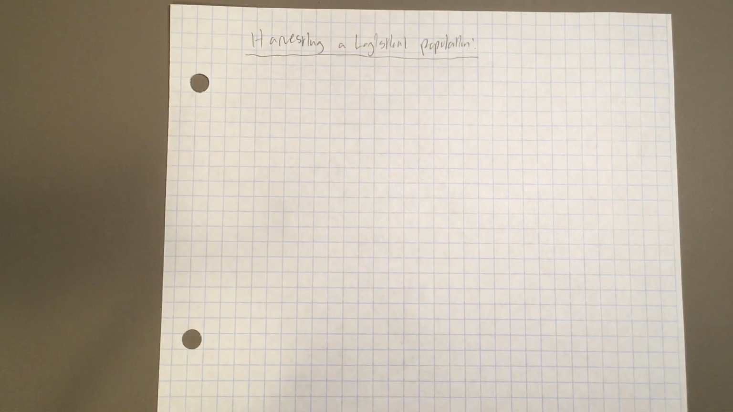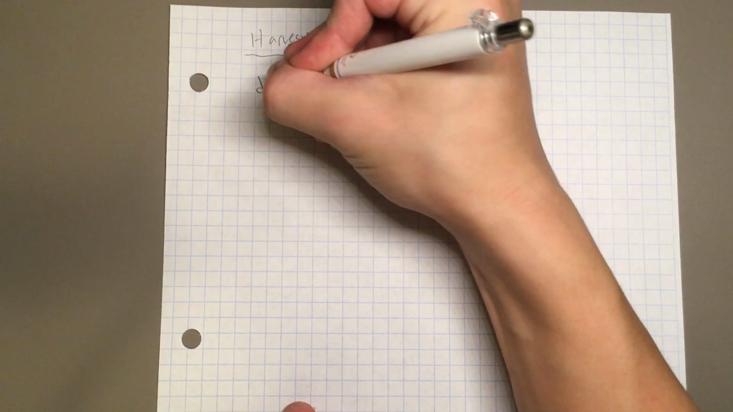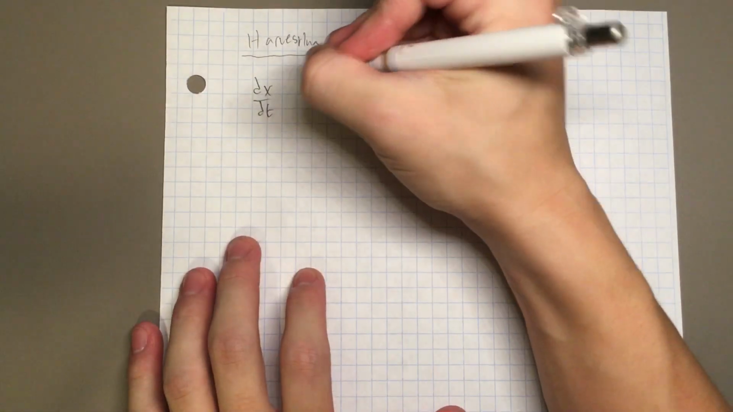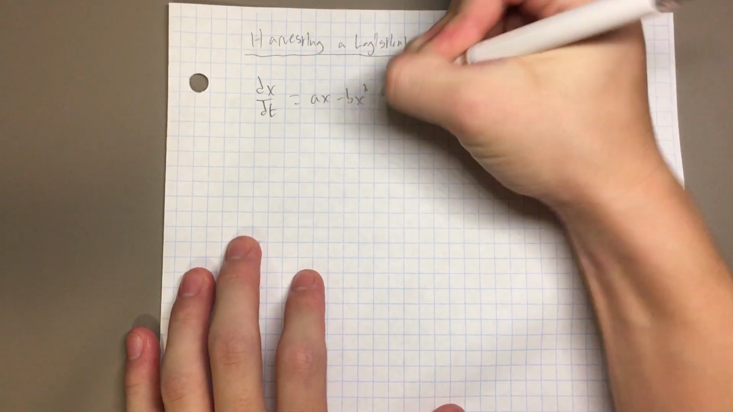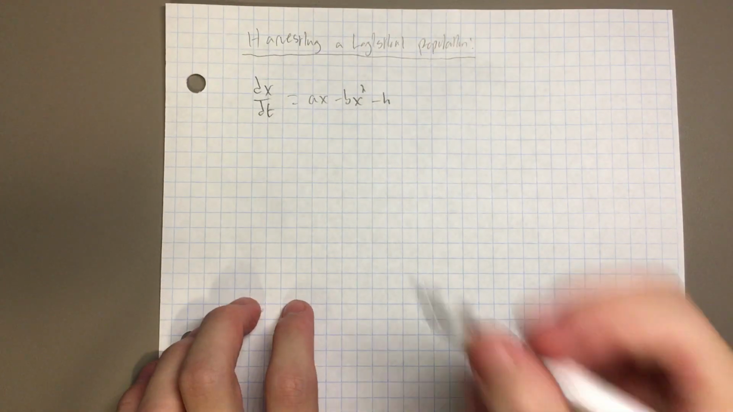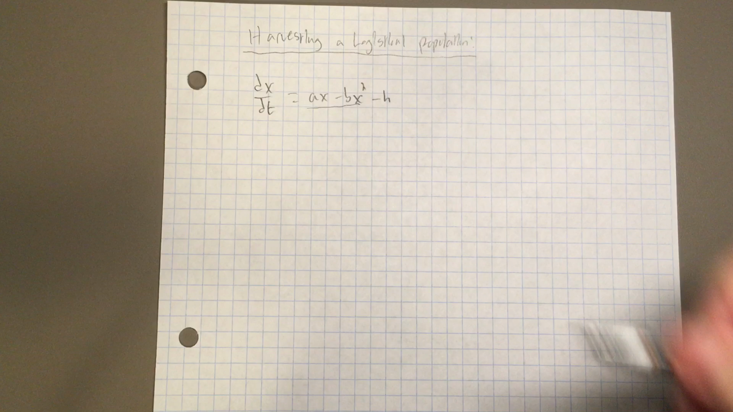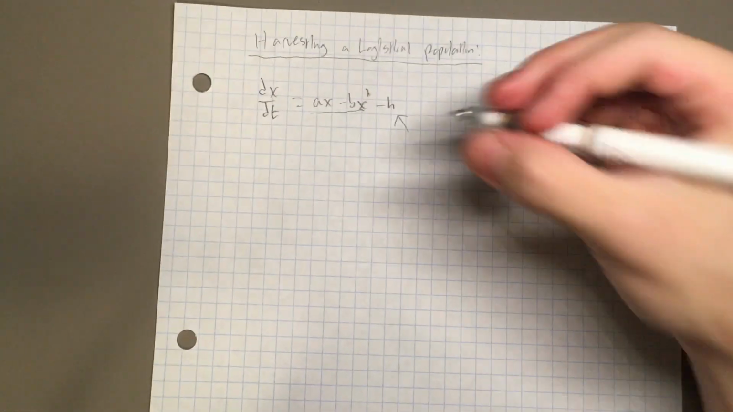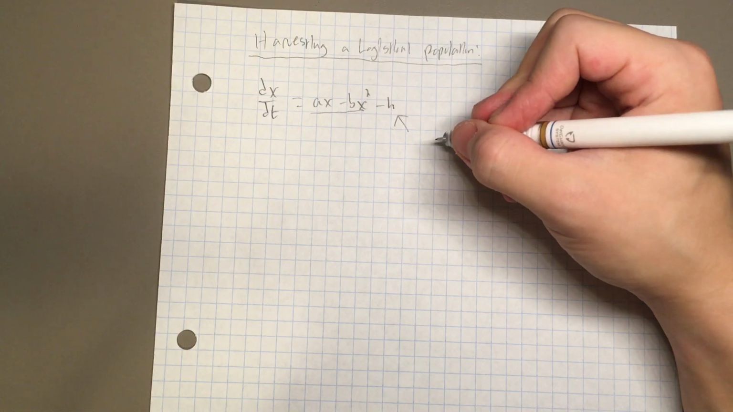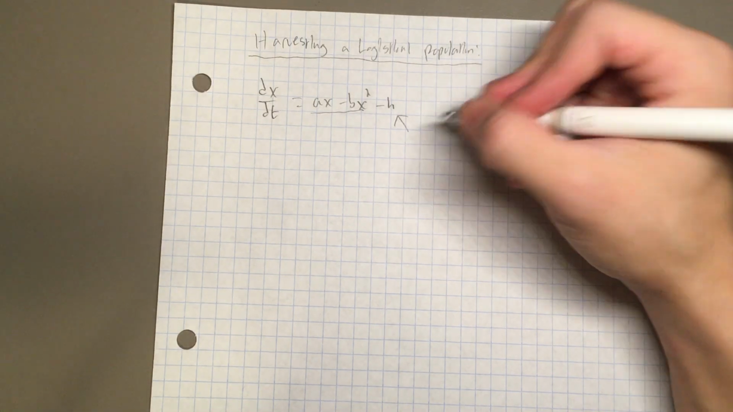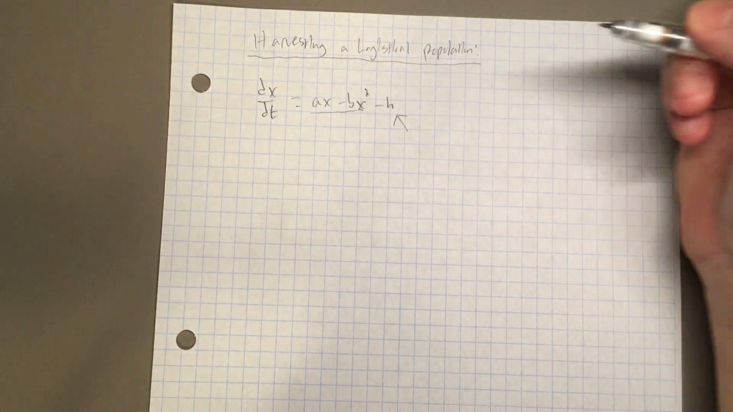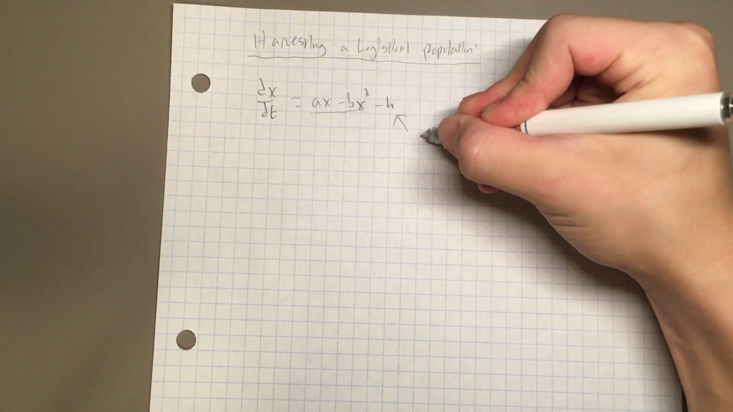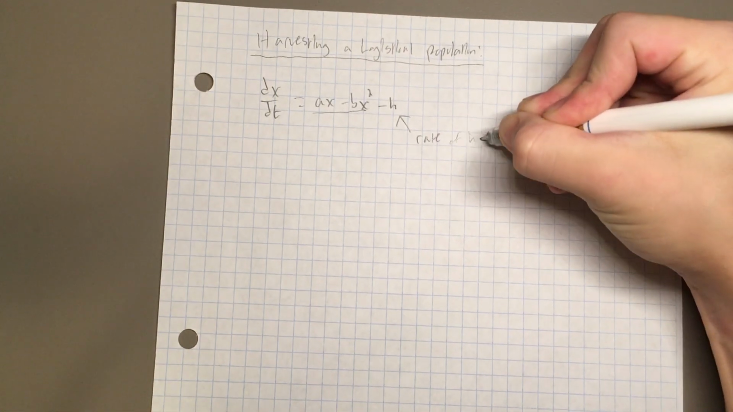Okay, so harvesting a logistical population. We can represent this with the autonomous differential equation dx/dt equals ax minus bx squared minus h. So this is really just a logistic equation with this extra minus h slapped on, and this is the harvesting rate. So let's say you have a population that reproduces at a rate of 6 worms per minute. Then whatever this number is going to be, it's going to be in terms of worms per minute. So this is going to be the rate of harvesting